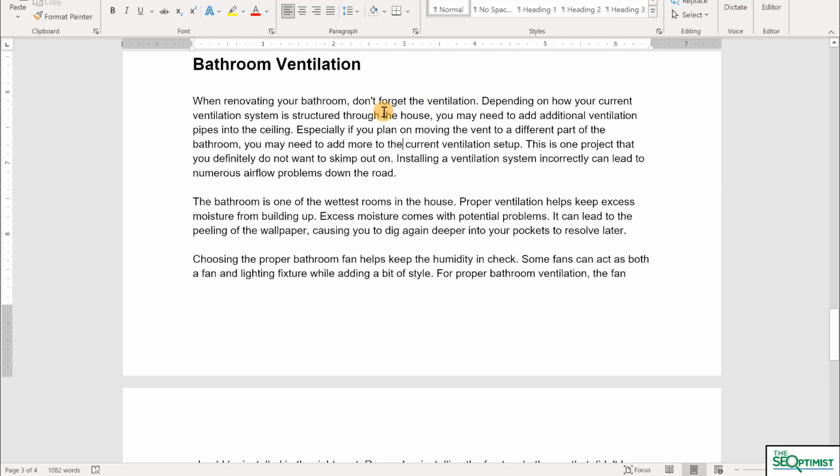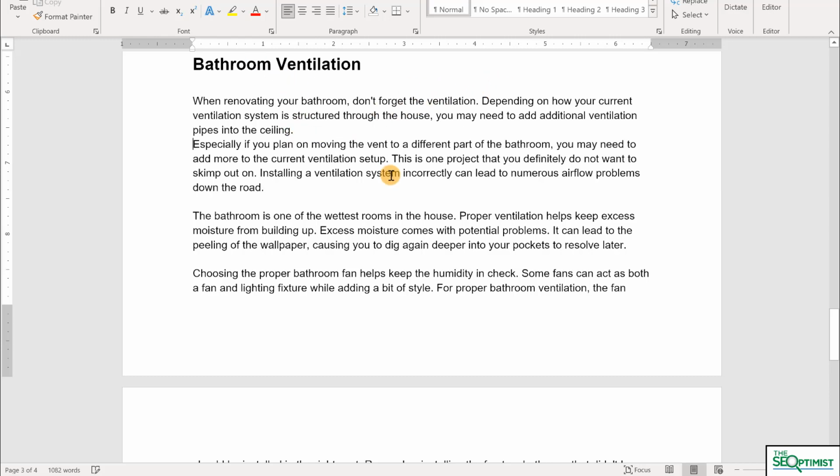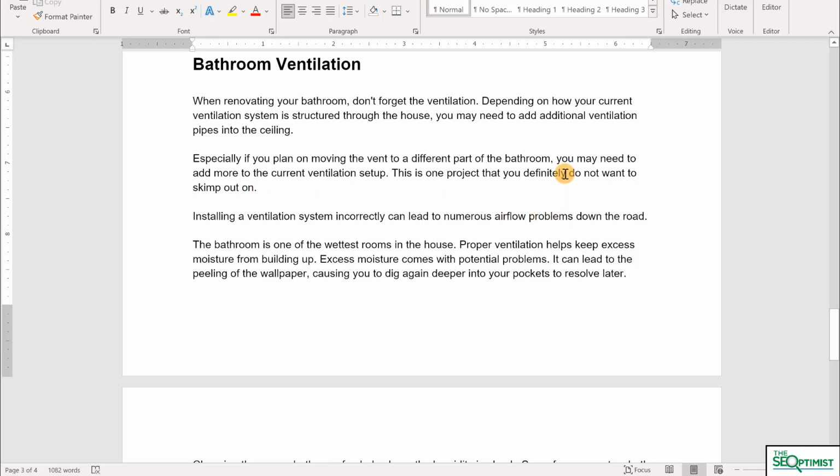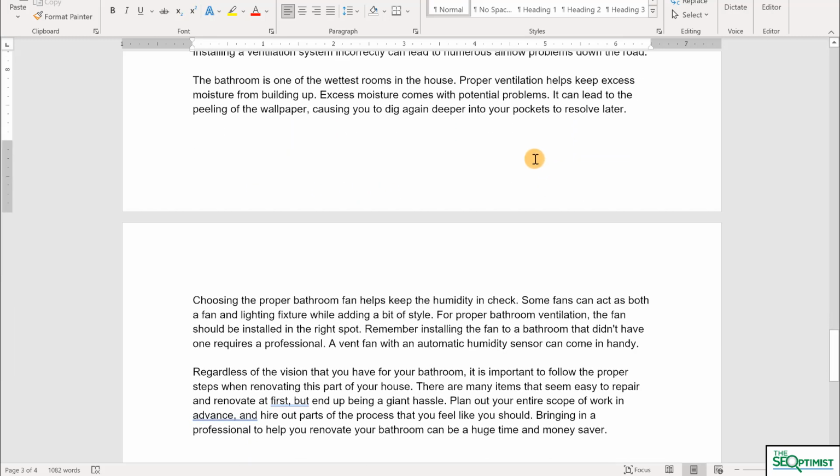So now I would break here. Installing a ventilation system incorrectly can lead to airflow problems. I'd probably put that on its own line to really drive that home. The bathroom is one of the wettest rooms in the house. Proper ventilation helps keep excess moisture from building up. Excess moisture comes with potential problems. I'd probably link these 2 sentences,